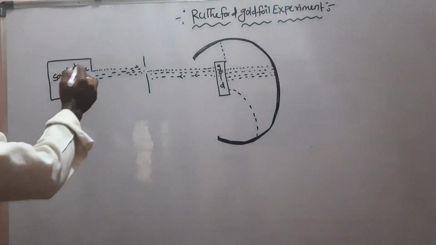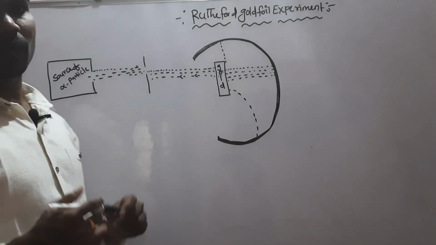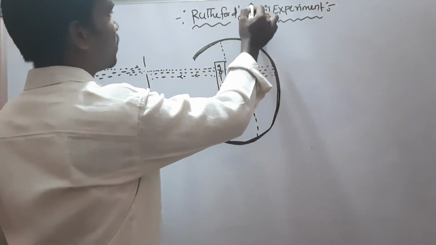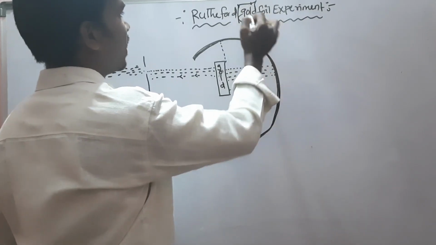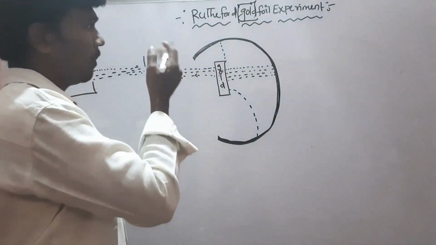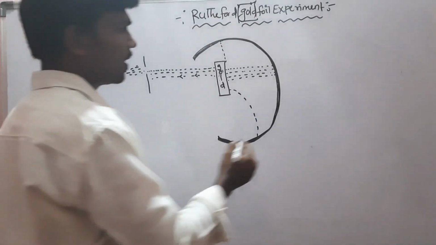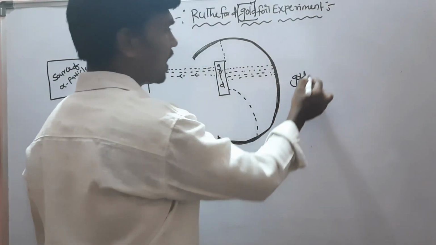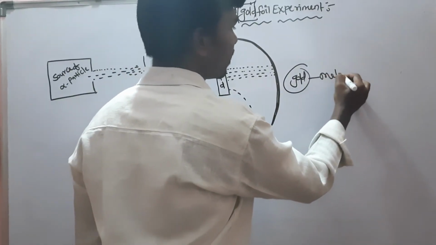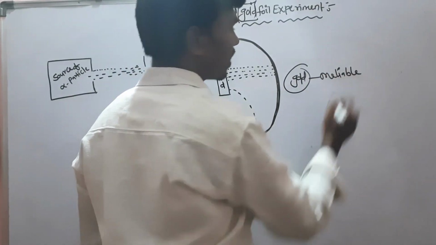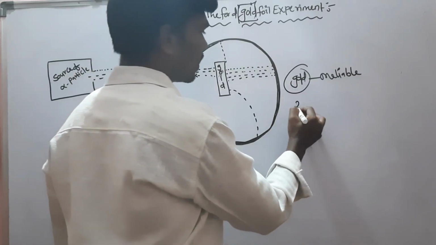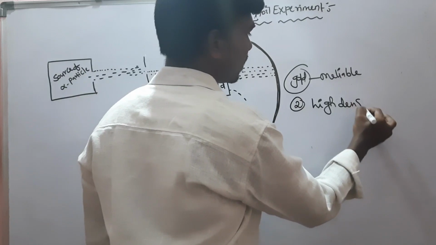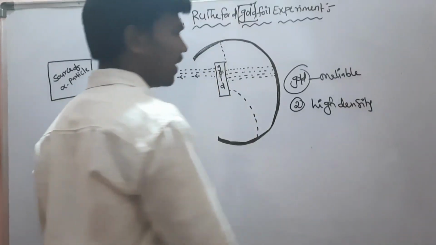So now the Rutherford gold foil experiment. In this experiment, immediately one doubt will come to the students: why did they use gold metal only, why not other metals? There are n number of metals in chemistry, but they used only gold here. There are two reasons. Gold has the nature of malleability, which means it can be formed into thin layers. Another thing is that gold has a high density. These are the two reasons why they used gold in this experiment.